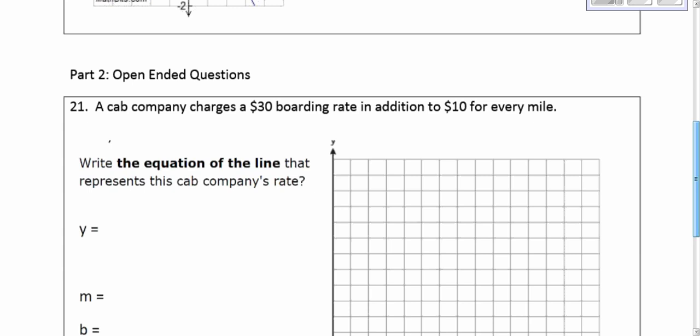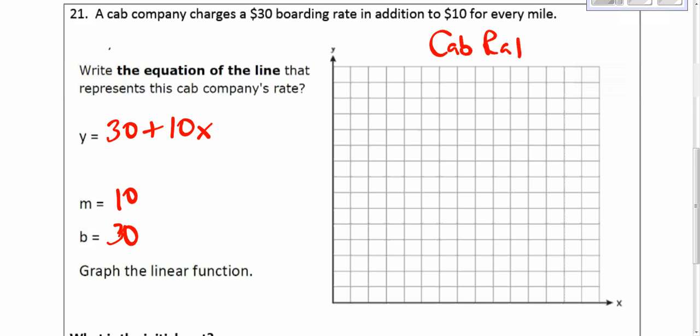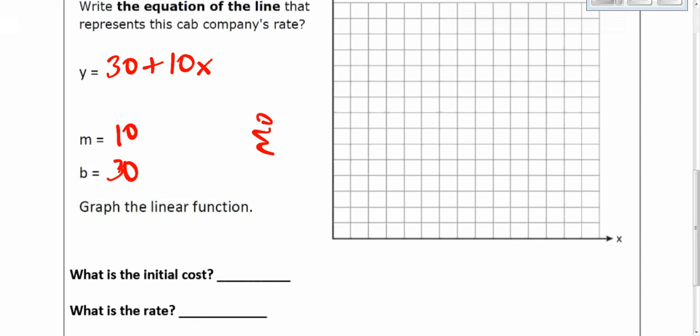Open-ended questions, number 21. A cab company charges a $30 boarding rate in addition to $10 for every mile. So y equals 30 plus 10x, or 10x plus 30. So the slope is 10, y-intercept is 30. So this is cab rates, or cab charge, whatever you want to call it. Money, rate, charge,